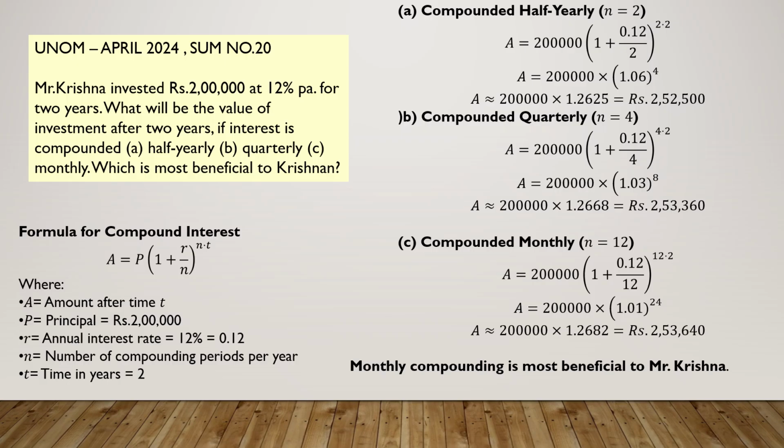Always we prefer where we are getting more return. When it is being half yearly, he will get 2,52,500. When it is being quarterly, 2,53,360. When it is being monthly, then his return will become 2,53,640. Among these three, he will get highest return when the interest is being compounded monthly. So monthly compounding is more beneficial to Mr. Krishna. So simply applying the values into the formula, getting the answer and narrating the analysis, you will get full